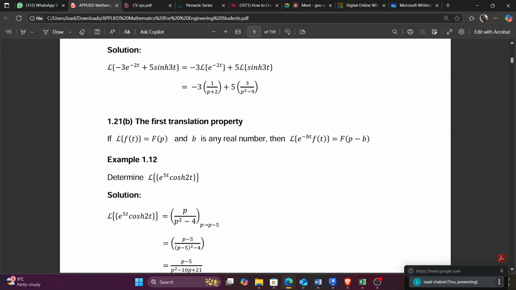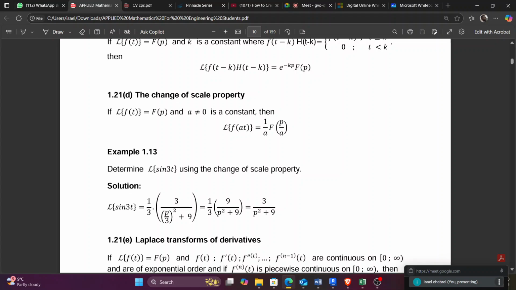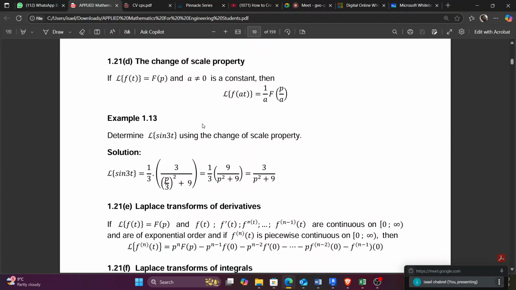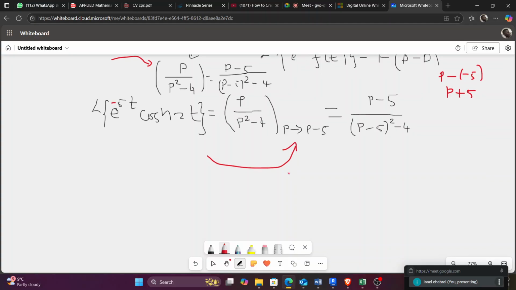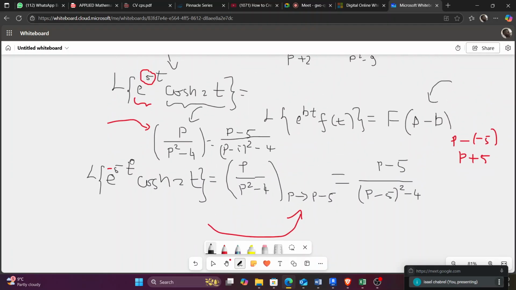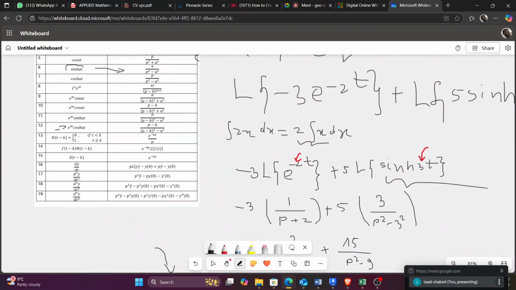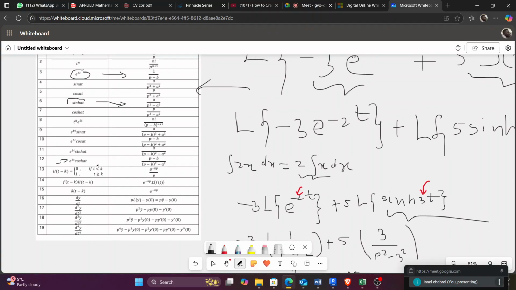Any question, guys, before I move to something else? This is how they get to this answer using the first principle. Any question? Any question, guys? Can you please do another example? Another example, yeah. This is good. Yeah, thank you. Let me cook something else. Let me look for something that goes. Let me just look at the formula. Which one goes also with exponential? We have exponential, cosine.